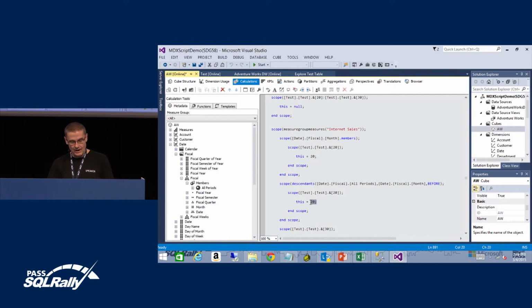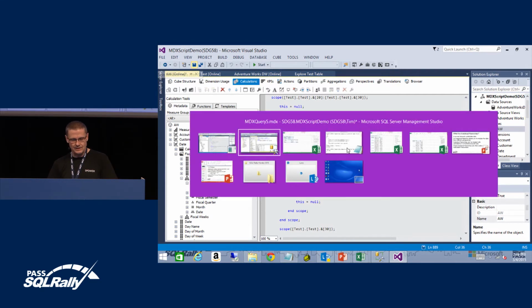And now I'm going to set this to null again. So I initialized to null. I set it to 20. Now I'm sending it back to null. It's the most efficient way of doing it. So we go